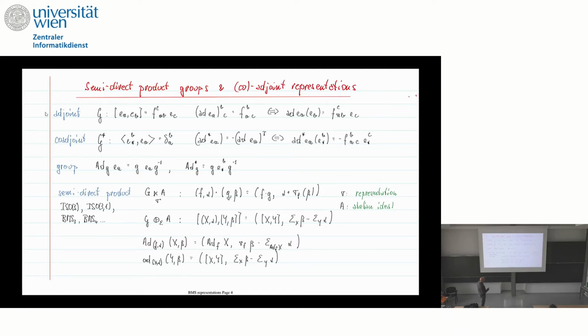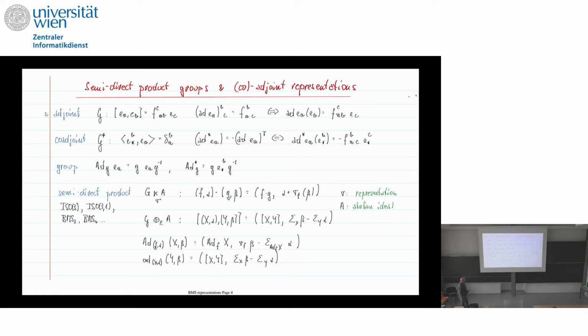And the group law in the semi-direct product group is that you use the group law for the abelian part here. And you have to do something like that. And then it's, of course, an exercise just to work through the definitions of adjoint representation, of the Lie algebra, etc. When you do that, of course, you find that the Lie algebra is determined by the brackets in the non-abelian factor, but now you have the differential of this action on the infinitesimal translations, and you have to antisymmetrize that. So that's the first exercise to do.